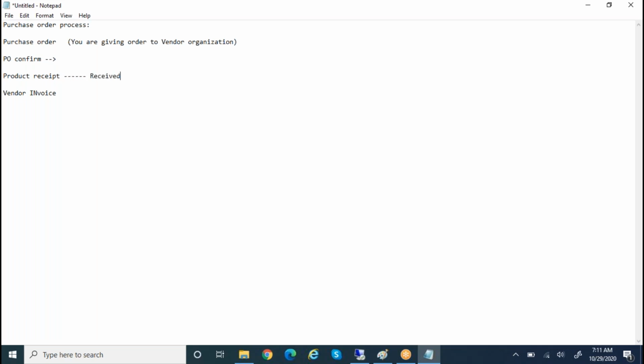Then vendor invoice, the financial postings. So: purchase order creation, purchase order confirmation, product receipt, and vendor invoice.